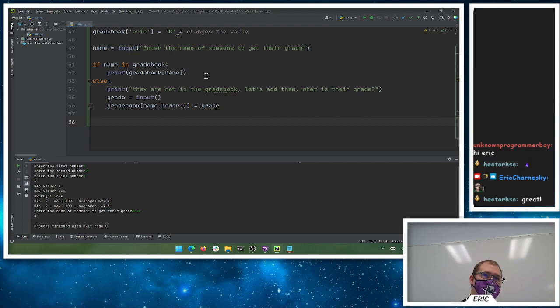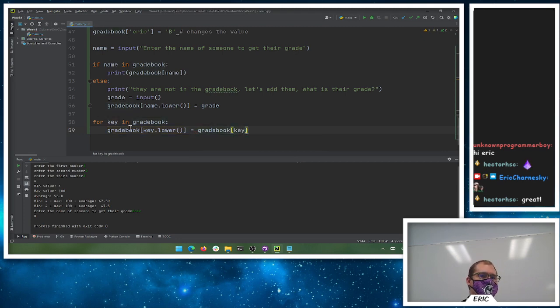You could go change them all, but that's probably a bigger headache to go take every key out of the dictionary, lowercase it, re-add it with the old value, because then you have to go delete all the other ones. But I guess we could do that if we wanted. So if we wanted to go through and loop, we could say for key in my gradebook, we can take the key lowercase. So we're going to take gradebook key of key.lower, and we can assign it the value of the gradebook of key,